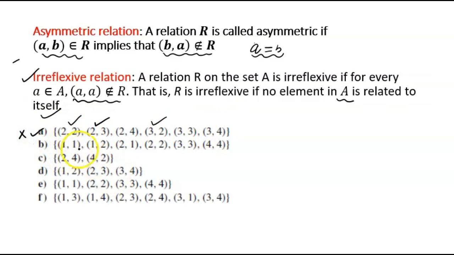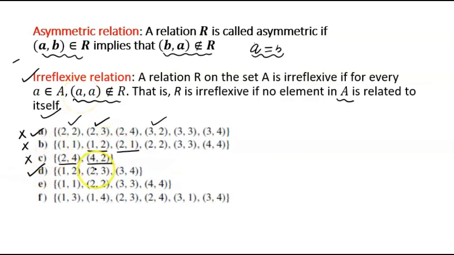What about the next one? Next one is also not asymmetric, because (1, 2) is there and (2, 1) is also there. Here (2, 4) is there and (4, 2) is also there. So this is also not asymmetric. What about D? Here (1, 2) is there, but (2, 1) is not there. (2, 3) is there, but (3, 2) is not present. (3, 4) is present, but (4, 3) is not present. So this is